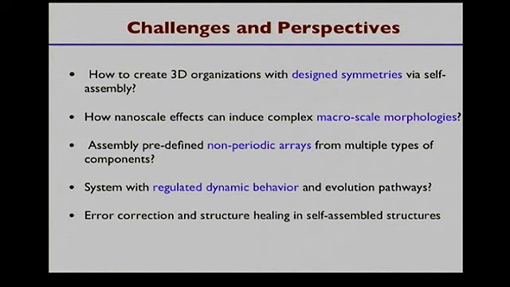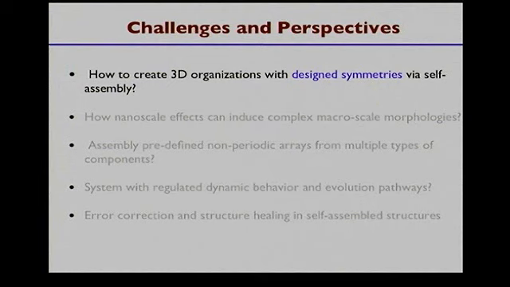What would be the way to have some automatic error correction or healing of the system? Pretty much, I want not only to tease your imagination, but I want to say this is the type of questions that we are concerned with, and this is something which we are working on. But let me just focus on one particular example and ask the question, how we can design the symmetries of